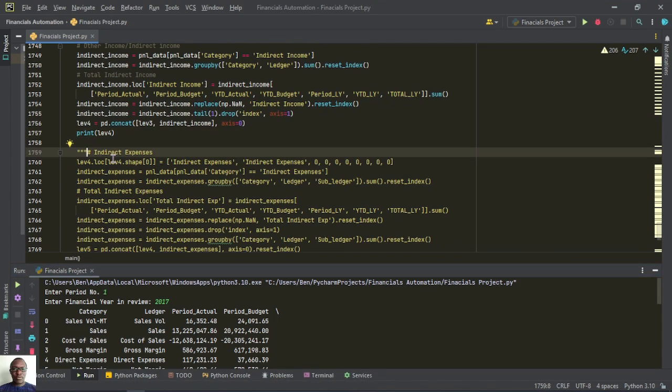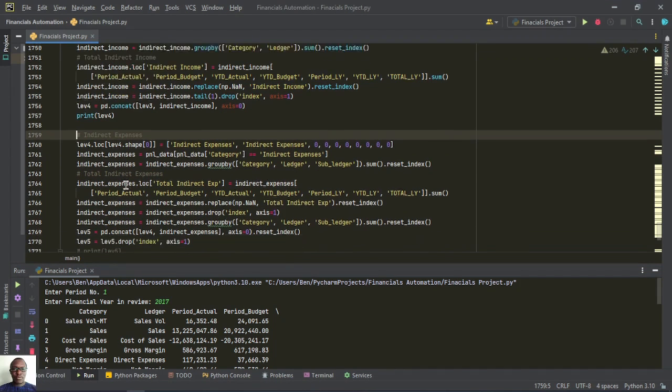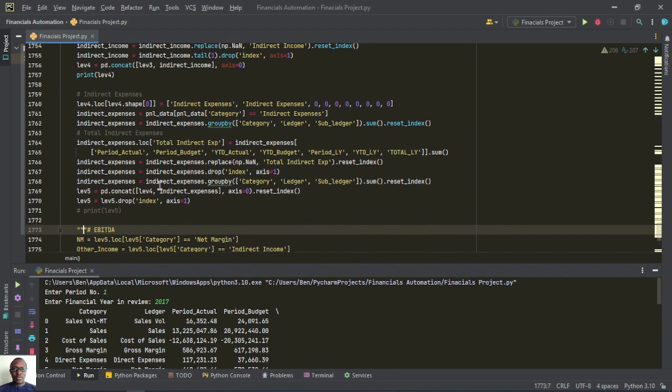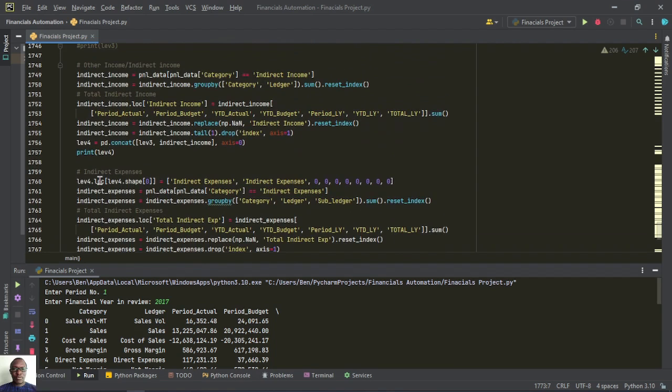So let me just try to uncomment direct expenses out, and then I will comment out the earnings before interest, tax, depreciation, and amortization. So within our level 4, the level 5, where we want to get the indirect expenses, let me just take you back to first the